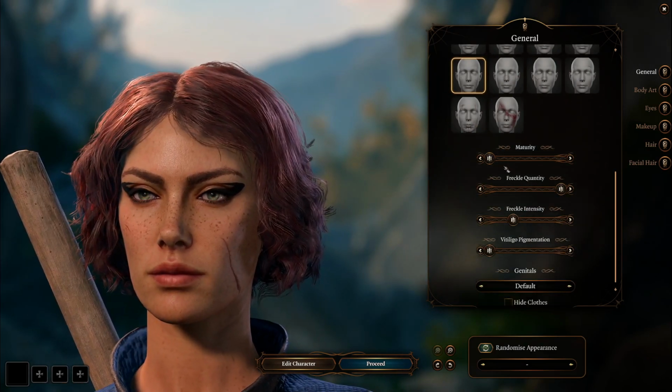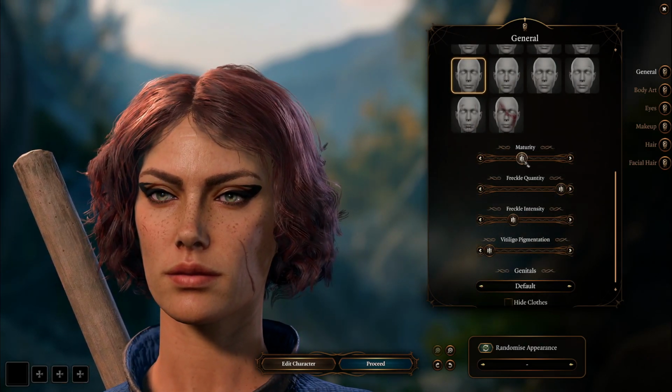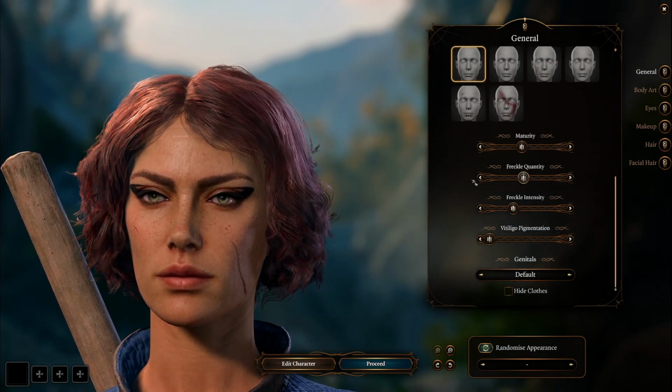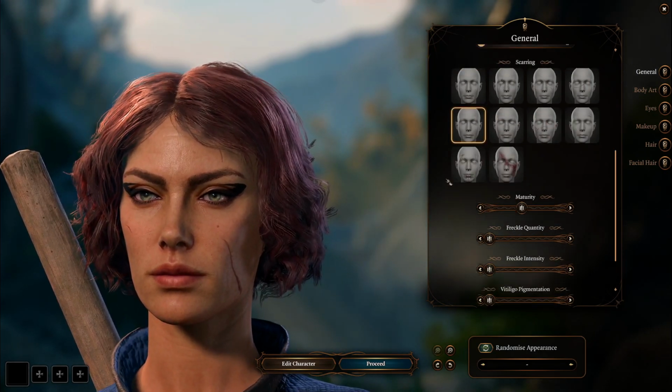Works. Get a little bit of maturity into ourselves. Need any freckles.